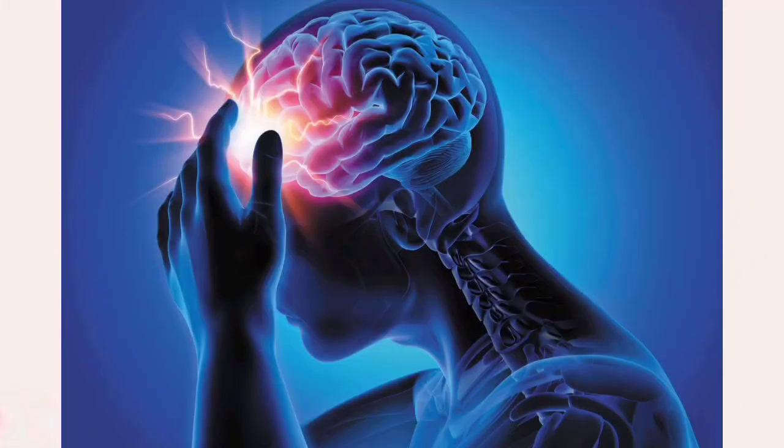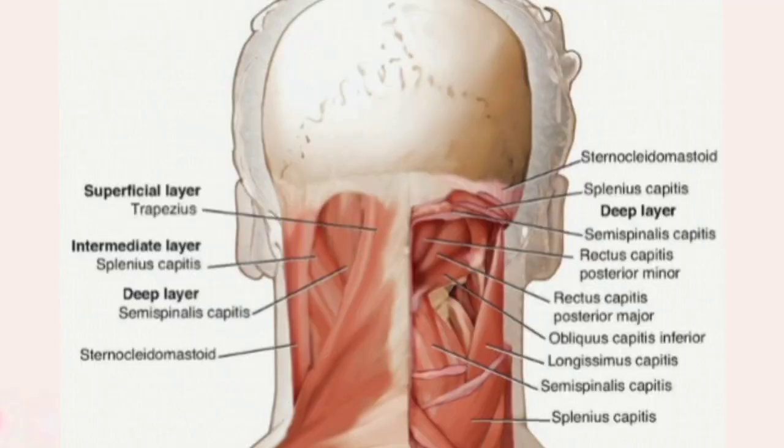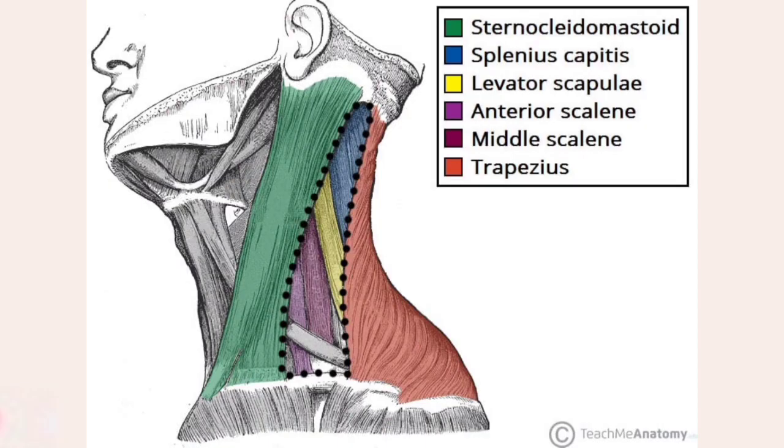Cervicogenic headache is a common cause of chronic headache, which is often misdiagnosed. Cervicogenic headache is a secondary headache, which means that it is caused by another illness or physical issue. In the case of cervicogenic headache, the cause is a disorder of the cervical spine and its component bone, disc, and soft tissue elements. Numerous pain-sensitive components exist in the cervical and occipital regions.